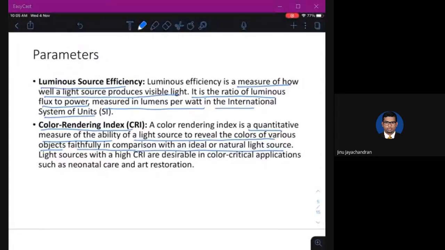So if you consider an artificial light source and a natural light source, for example the sun, and you compare the color rendering, if the artificial light source renders a color which is almost equivalent to the natural color, then you can say the CRI is very high. Light sources with high CRI are desirable in color critical applications such as neonatal care and art restoration. Yes, these are all color critical applications.